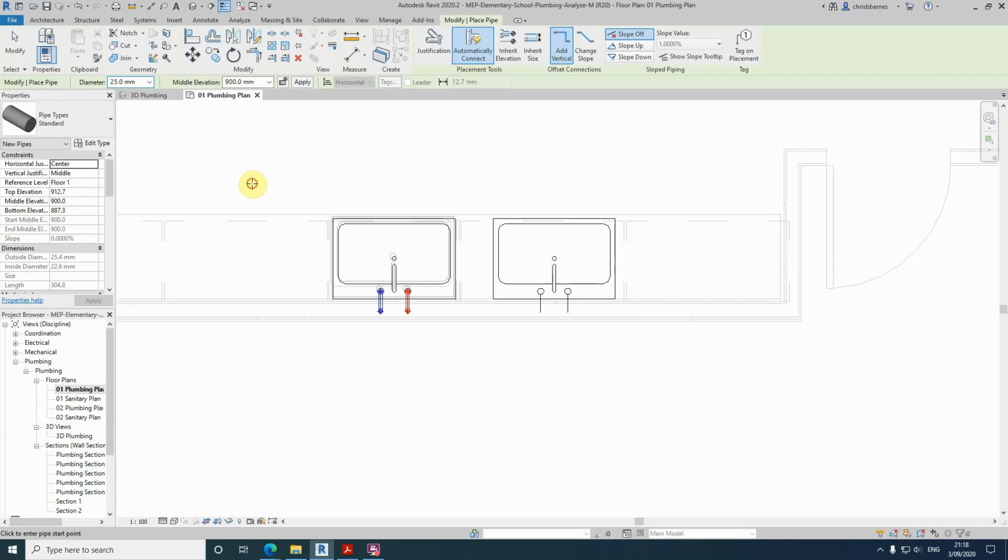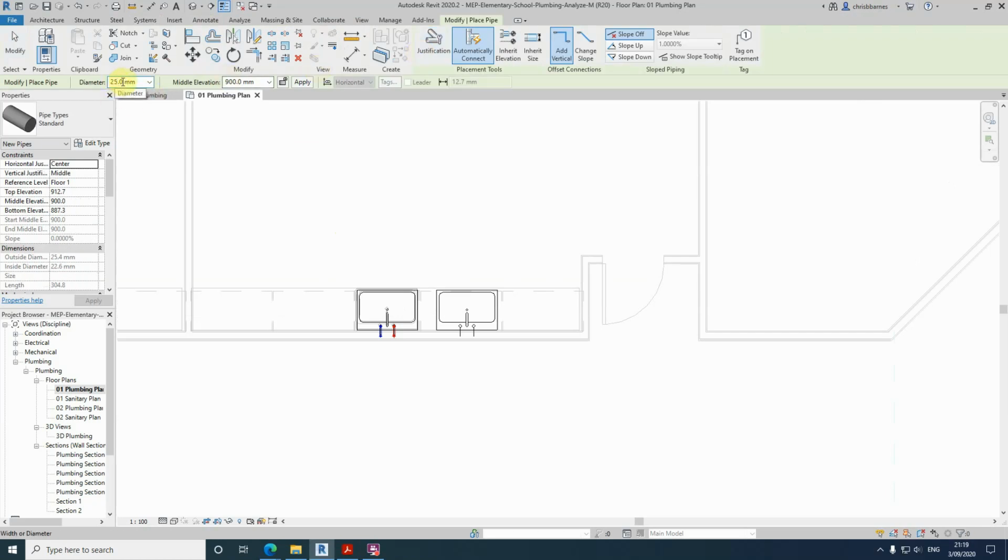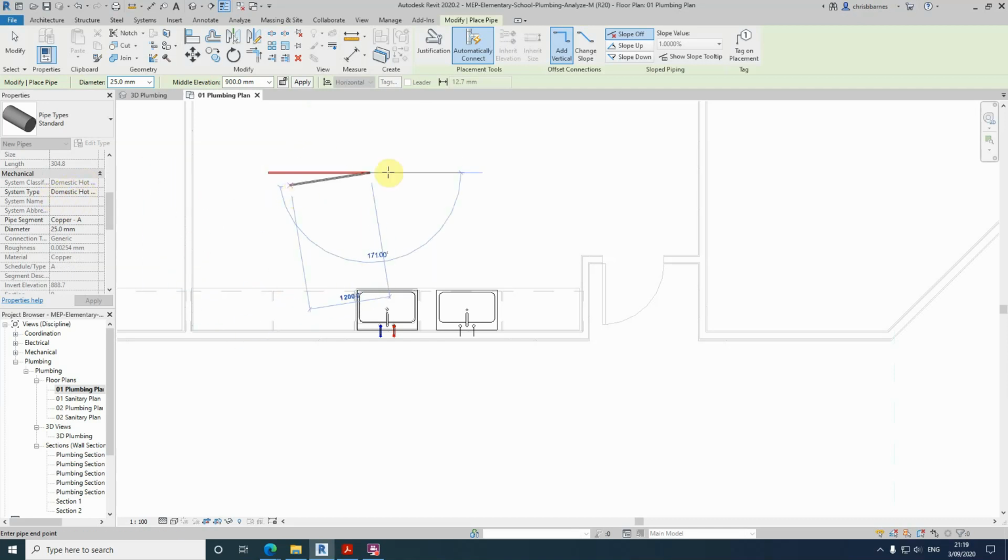So let's say we want to start off by drawing a pipe. System, pipe. We're going to leave this at 25 and at 900. We're not going to be connected to anything because we're going to draw a pipe to here. So we've gone horizontal at 900. Going down here, we've got the options of domestic hot water or cold, but since I'm already in this command, it's now greyed out. But we're at 900 and we've gone horizontal here. At this point, we wish to go up higher. Type it in